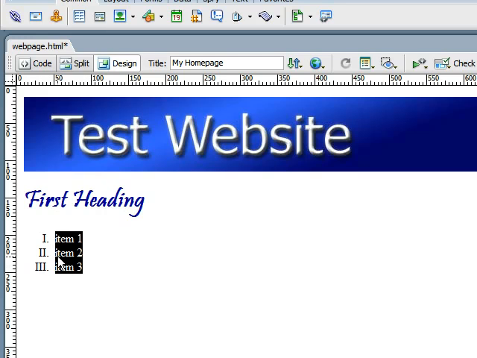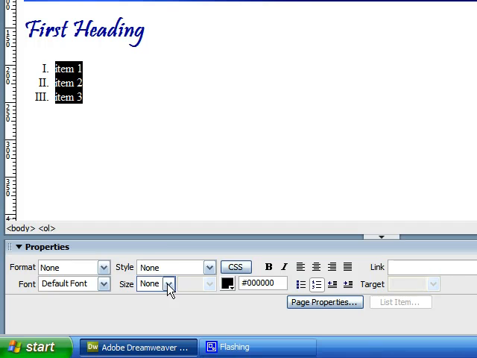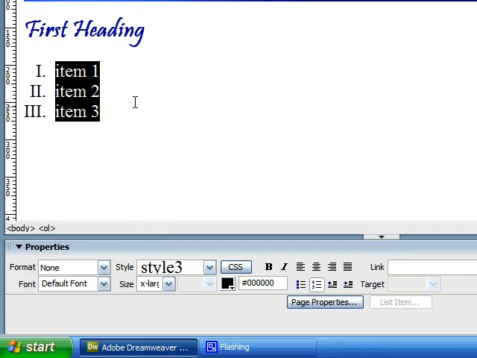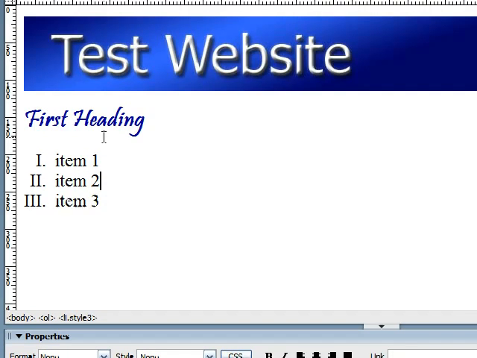You can also format this list any way like you format a paragraph or text, making it bigger or smaller. And say you have an item in your list that you don't want, or an item you want to add. All you have to do is go to the end of your selection, press enter, and it automatically creates a new number or Roman numeral that you can insert your new item. You don't have to recreate a list every time. So let's click new item,